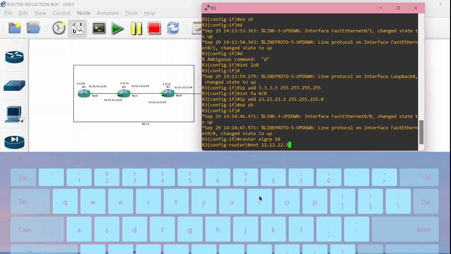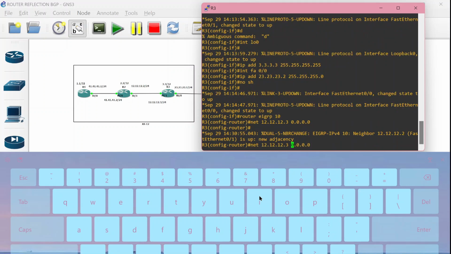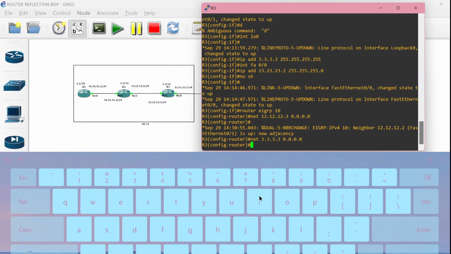So don't forget again to enter the port connected to router number 2 and router number 4, and don't forget again to enter the IP loopback, and also don't forget to type this command, no auto summary, and we can look.